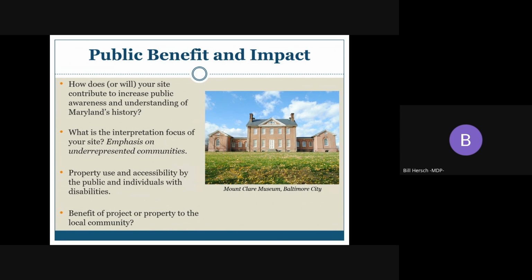Applicants tend to miss the mark in this section because they focus all of their attention on their organization and what they do to meet their own mission, which is very important and relevant information, but they don't make that historic preservation connection. Unsuccessful applicants also don't have a public benefit behind or beyond their immediate congregation, staff, members, or